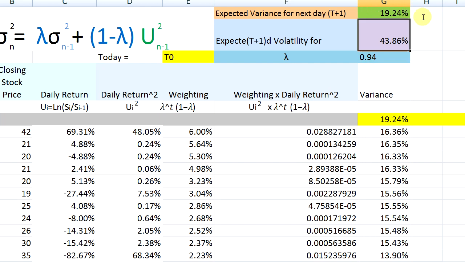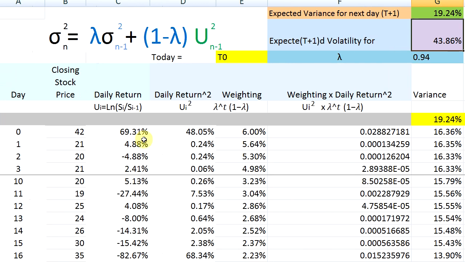And once you calculate that, you get a variance rate of 19.24. And if you take the square root, you get the volatility. So the estimated volatility is 43%. Now, one thing to note, because we have a high lambda here, almost a high lambda 0.94, what that means is we are saying we give a very high weighting to the estimated volatility of yesterday, and we give fairly lower weighting for yesterday's